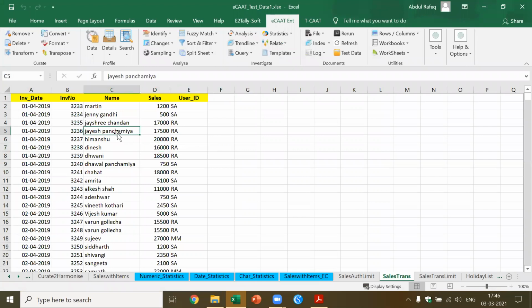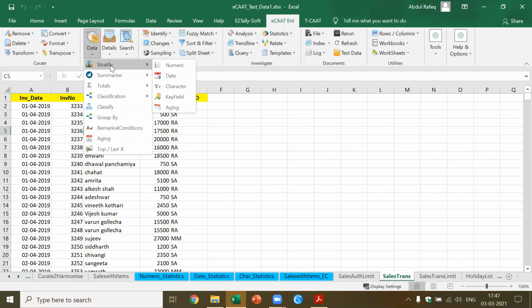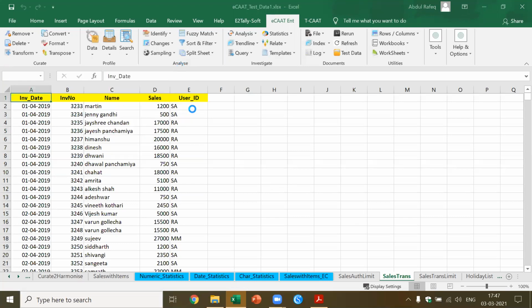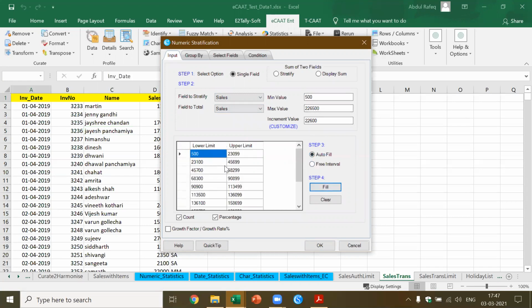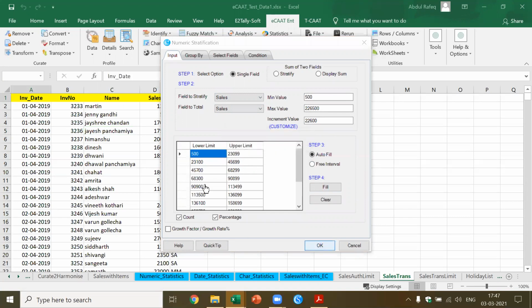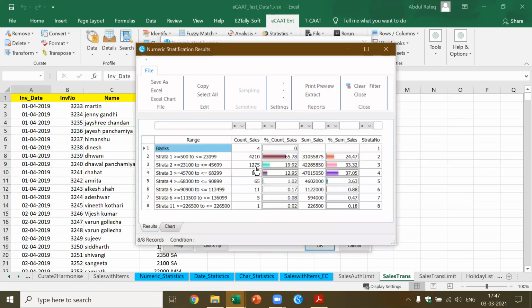Let's say I'll quickly do one more function. Let's say I've got this data. I would like to stratify the data based on numeric. So it means I want to find out based on, let's say, the sales, total on sales. Okay, this gives me this one. I say fill based on this interval it is created, and I say okay. Now here you see I am able to get a complete profiling of the data. For each of this data, it tells me, not only that, it tells me now there are 4 data which